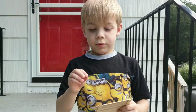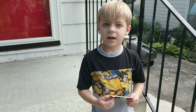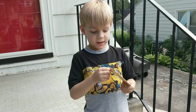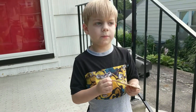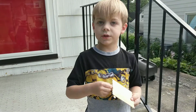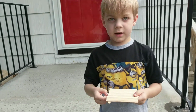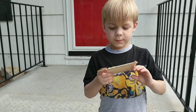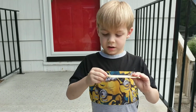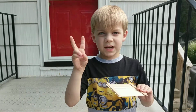Popsicle stick, put it on, and then we put it on Elmer's glue, and then we put Elmer's glue on a popsicle stick, and on the other side, I put Elmer's glue on the popsicle stick, and then Mom did 3 sides,